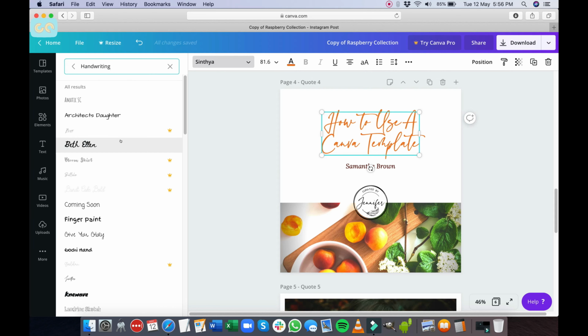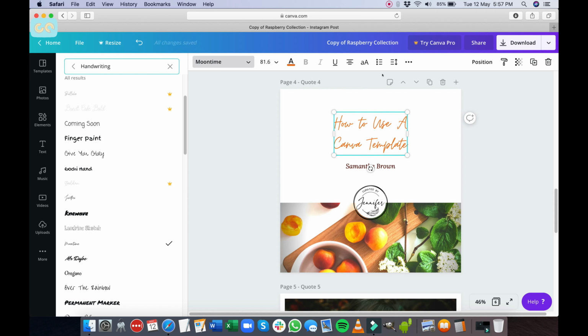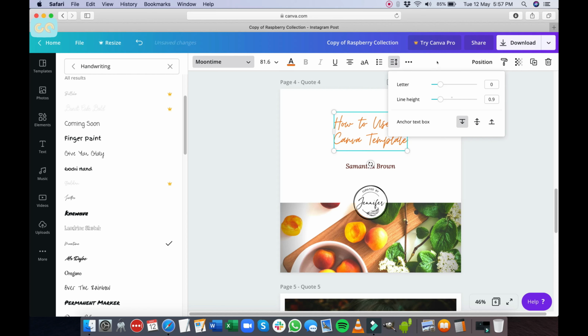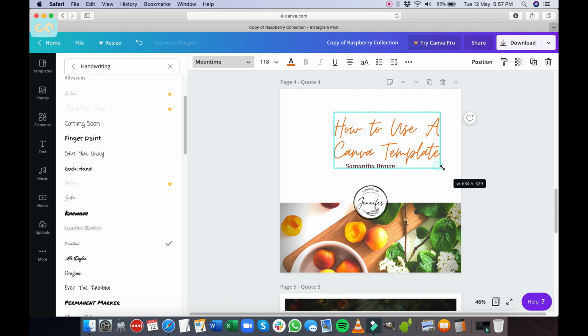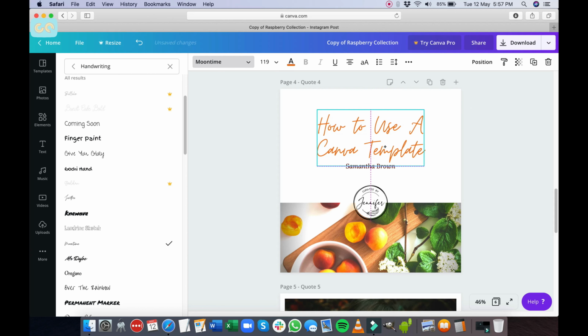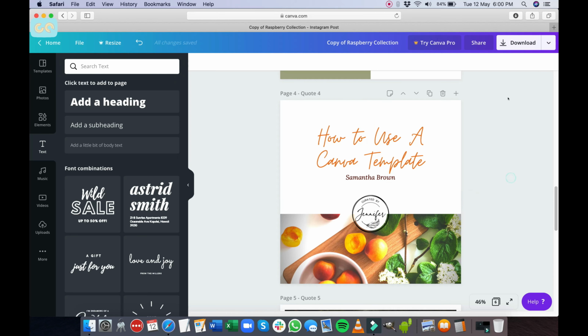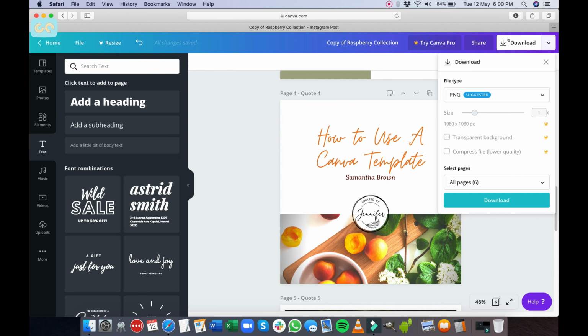And we're now changing the font of the title to this handwriting here, and we can enlarge it just by dragging the corners. Then I'm just adjusting the height there. Now we'll adjust the size by dragging the corners. Okay, and then centering it. It's very automatic for the guidelines,